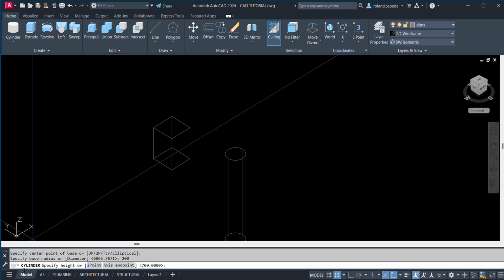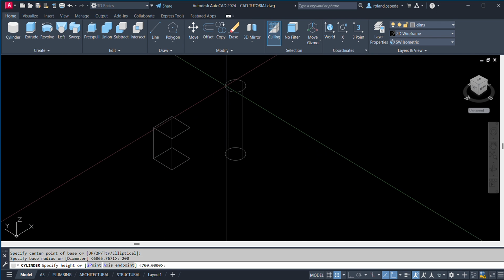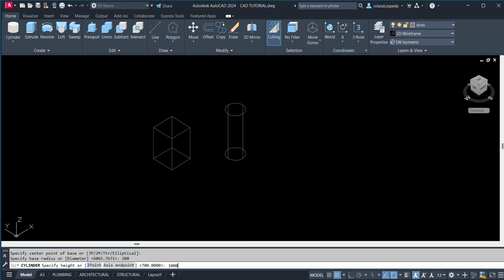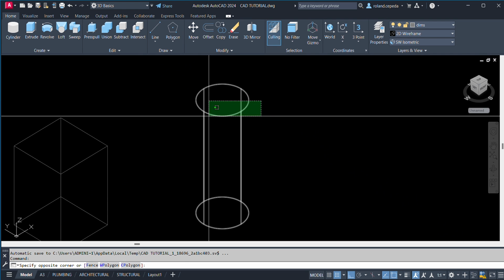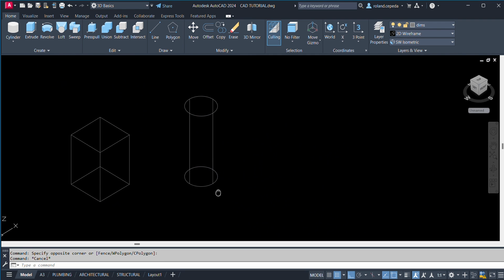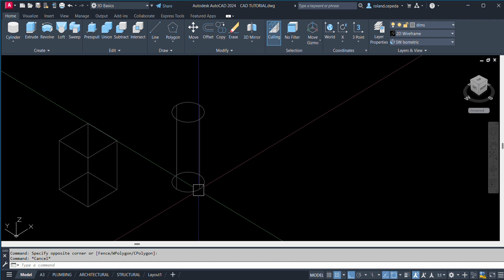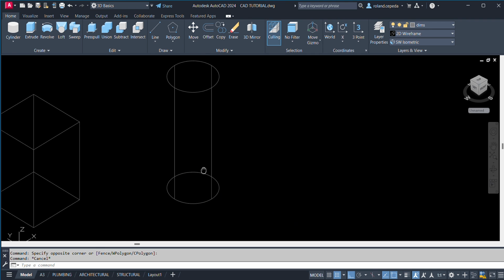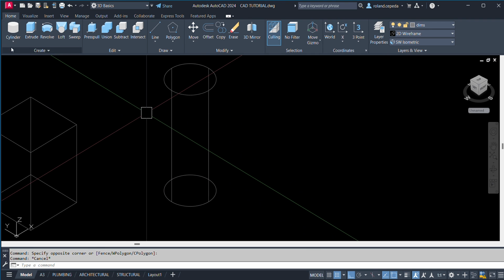And then next is to specify height. Let us say 1 meter or 1000 mm. So you have there the cylinder with a height of 1 meter.